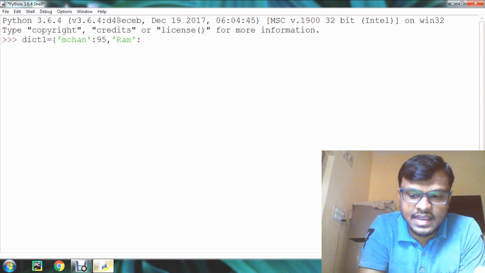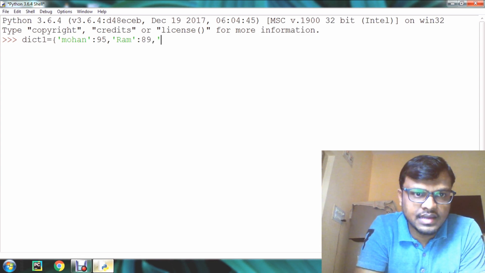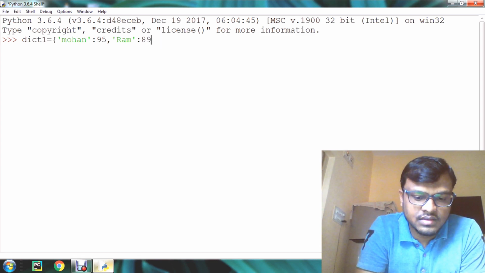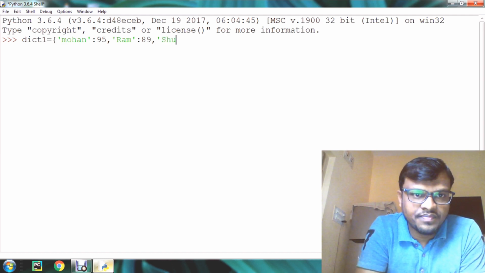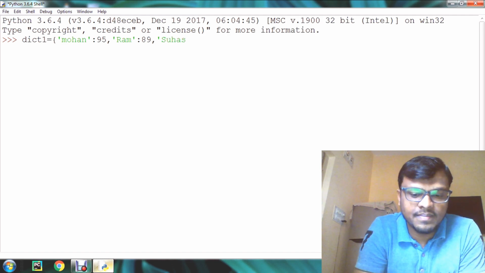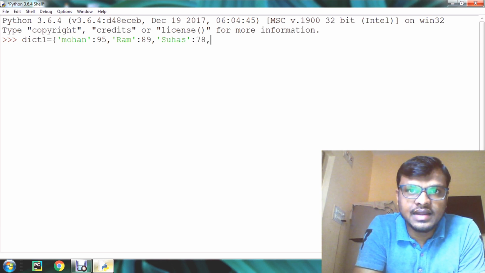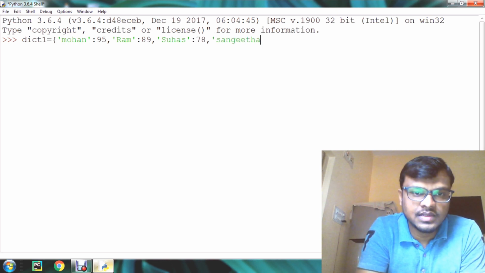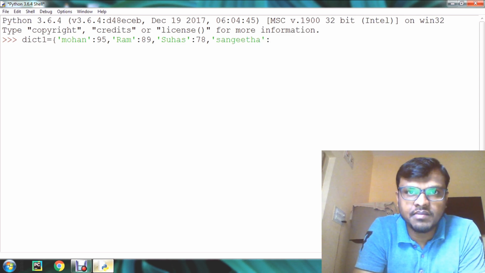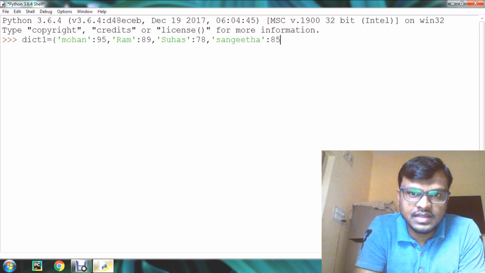Ram marks 89, and the next key value Suhas, and marks is 78, comma, and the next student name you can give Sangeeta, and marks we can give 85.